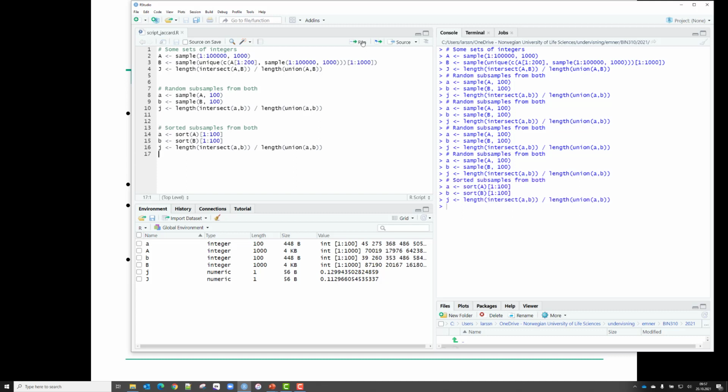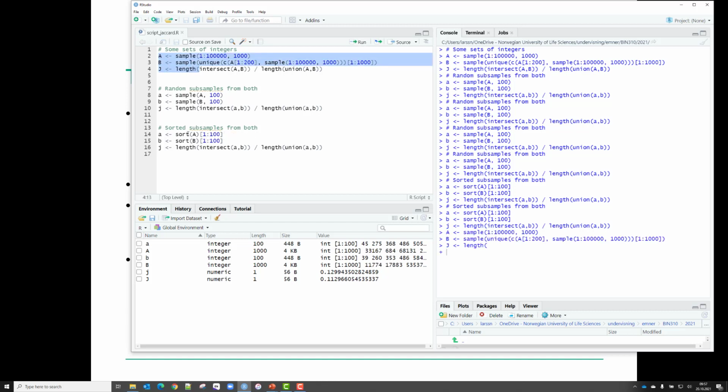A and B, and then you can look at the Jaccard index. Look at this, it's much closer. And we can do it again. It's the same because there is no longer a random sample. We sort, so each time we sort, we get exactly the same values. So if you want to repeat it, you have to repeat the whole generation of the sets, and then we can